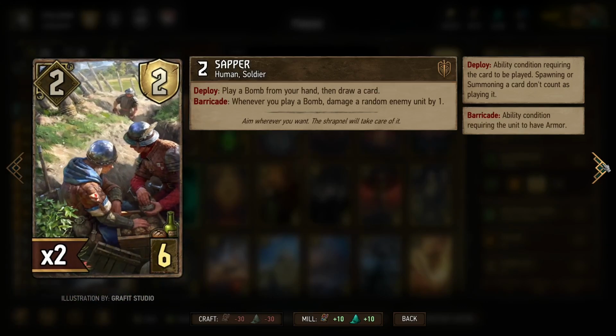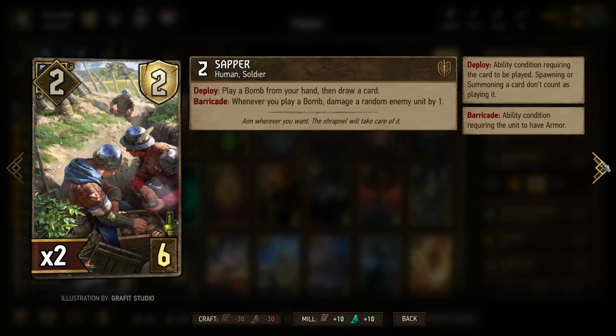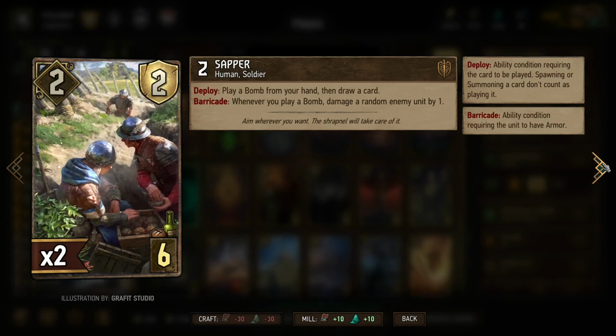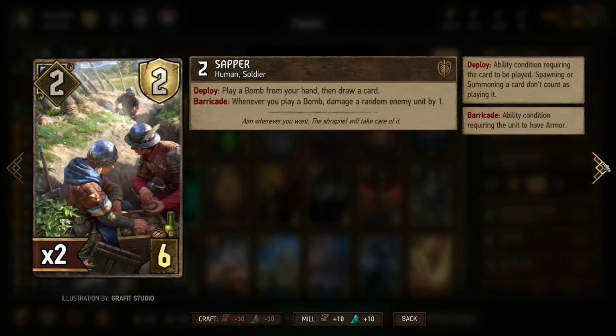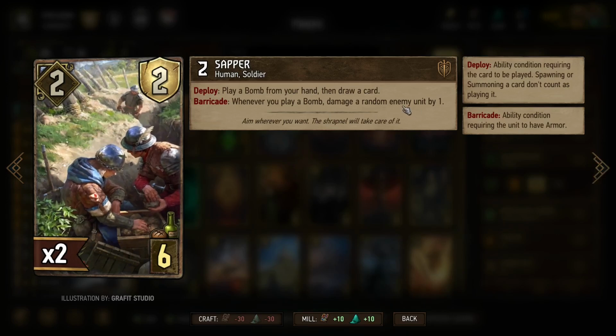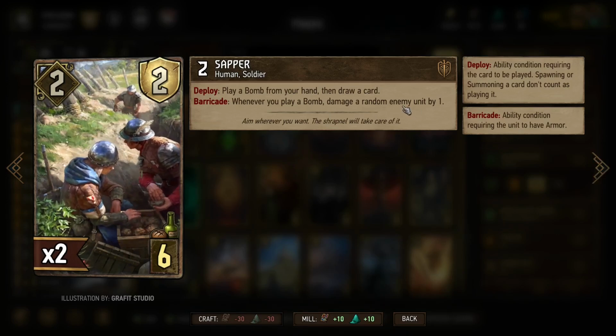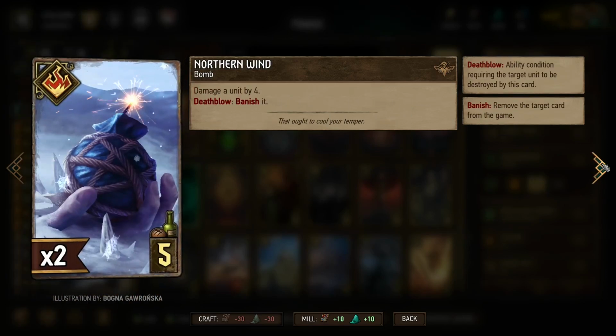Sappers, this is our consistency, and additionally we are giving our opponent some points of damage. It means that a bomb which is 4 points of provision also creates 4 points of damage, plus the Sappers, which means it gives 5 points of damage. Then we have Northern Wind,